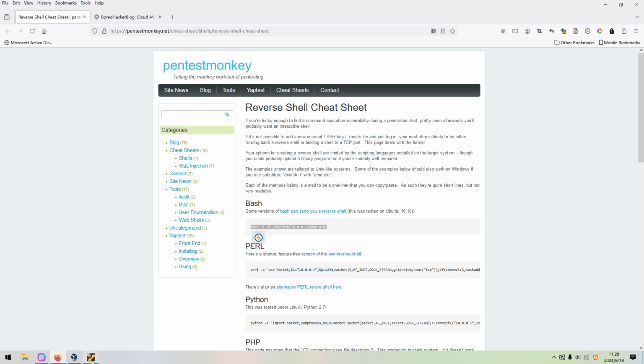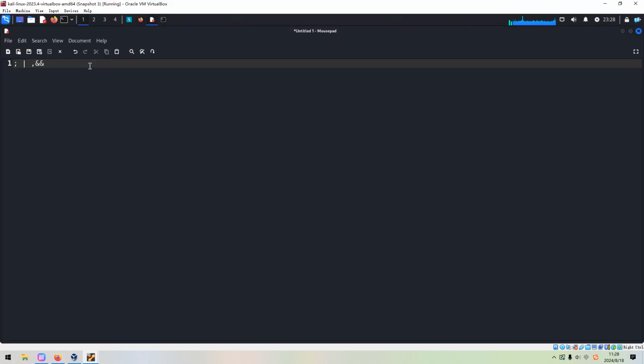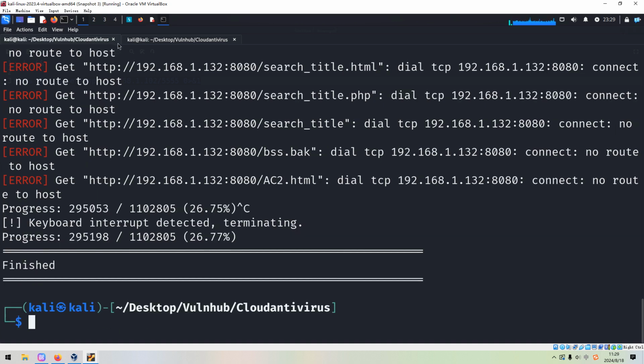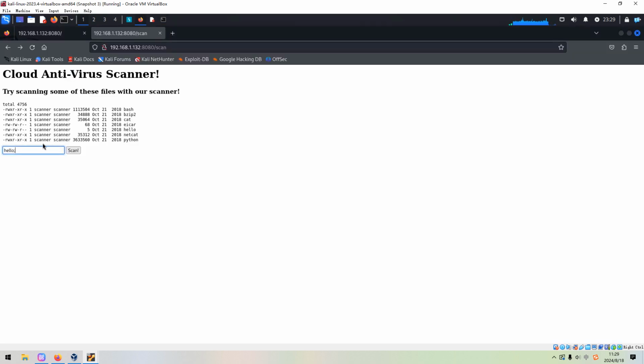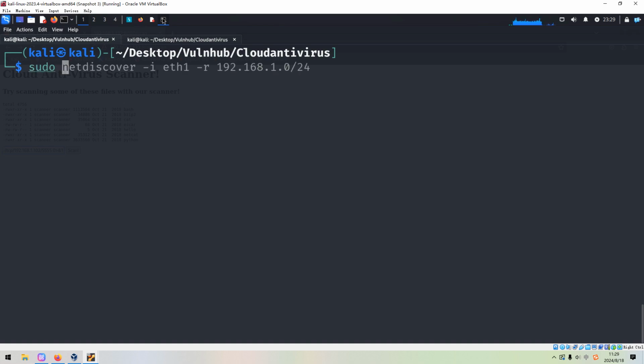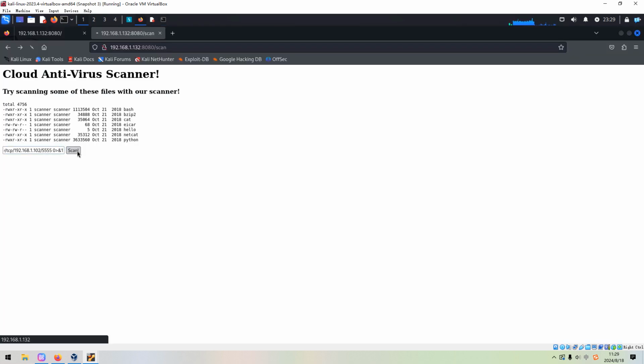We can copy and paste it over here, and of course we need to do some modification: change it to Kali Linux, and I always change the port number to my favorite one. Then we copy, and okay, I'd like to quit from GoBuster, and we can paste in here. Next we need to set up the listener on Kali Linux, and now we can run it again.